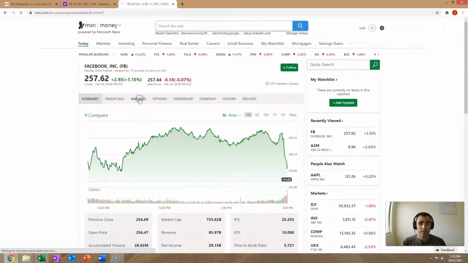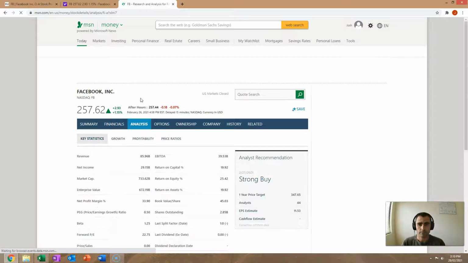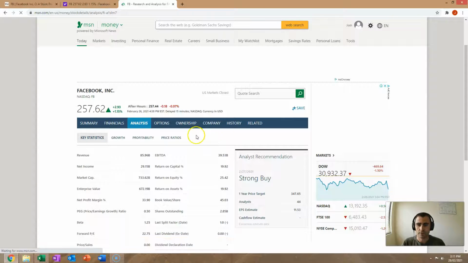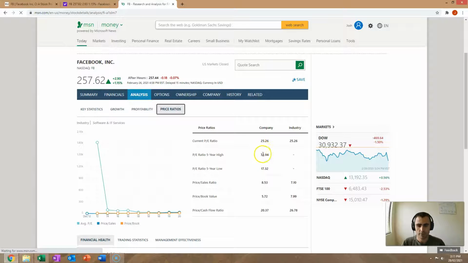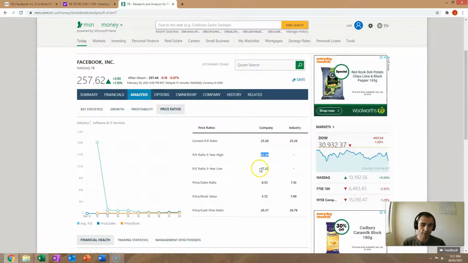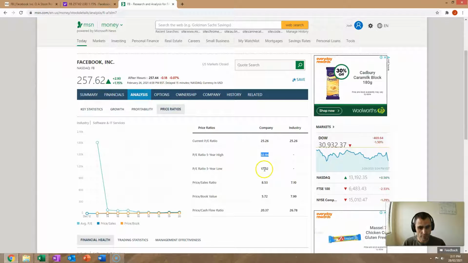Across to analysis again. This information is on the price ratio tab. As you can see here, you've got the price to earnings ratio over the last 5 years. Its high has been 32 and its low has been 17.32. Now, there are a few ways you can look at this. You can be conservative and use the low. You could average the two out, or knowing that Facebook has got to a price to earnings ratio of 32.9 before,